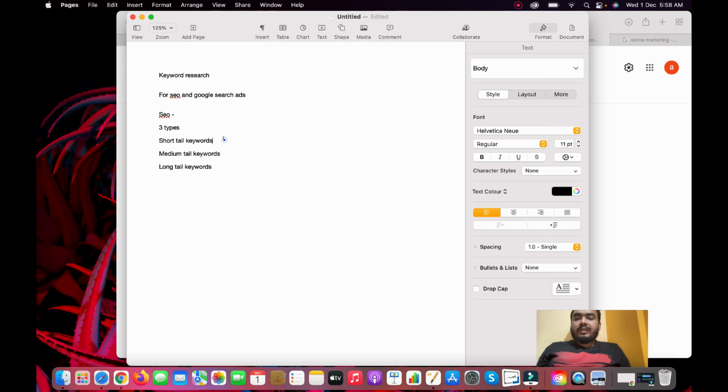Short tail keywords, guys, are one or two words. Medium tail keywords are two or three words. And long tail keywords are more than three words.